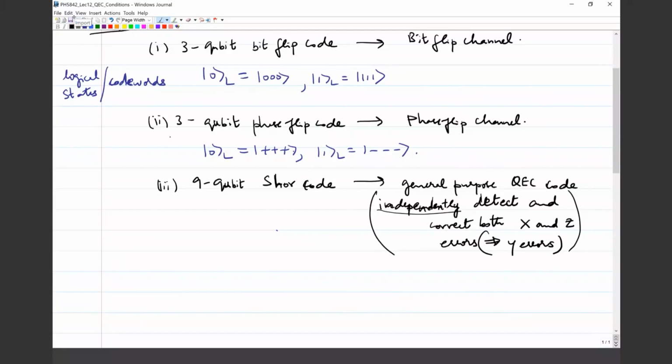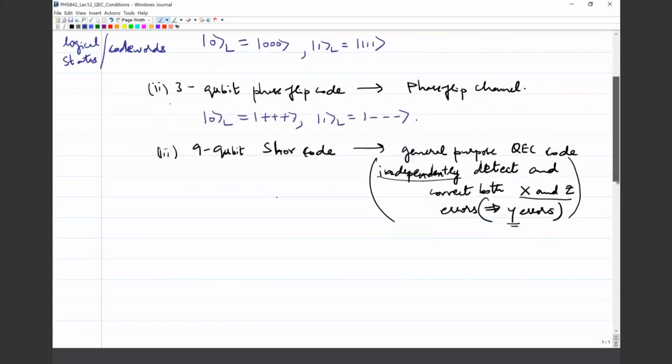So even if on the same qubit I have an X error and a Z error, that is effectively like having a Y error, right? And so that can also be detected and corrected by viewing it as two separate errors occurring on the same qubit. Okay? How does this help us? How does the fact that you can correct for X, Y, and Z make it a general purpose code? Well, it makes it a general purpose code because